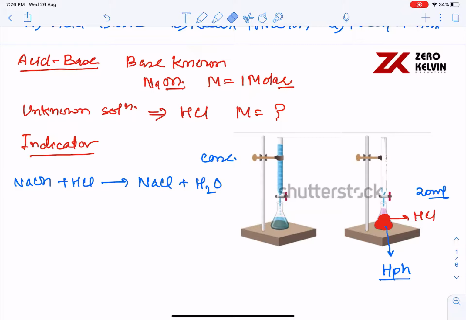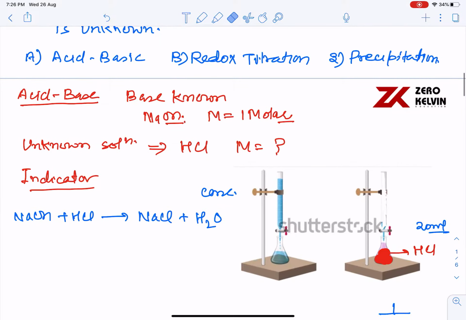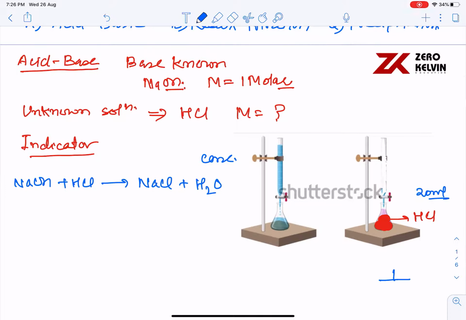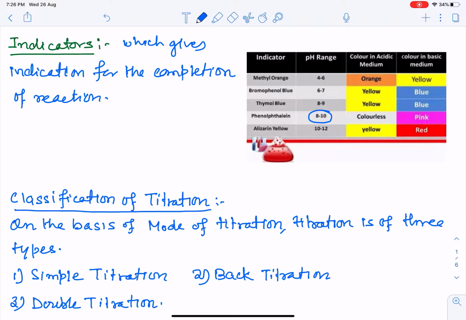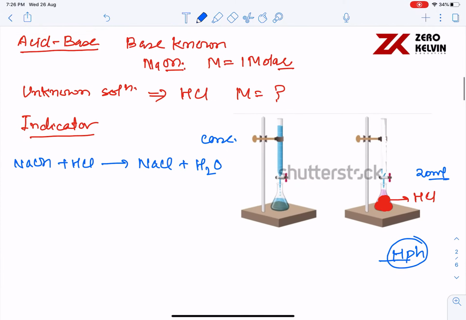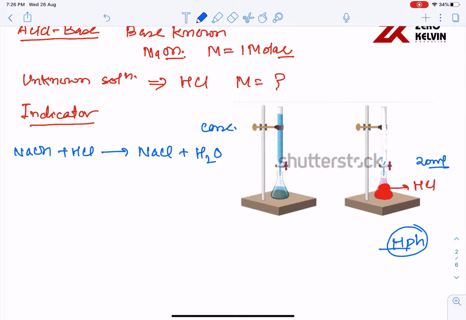When we have added phenolphthalein over here, at that time the color of the solution is colorless. Why? Because below pH 8 it will be colorless, right? So acidic solution HCl means the pH is less than 8, so the solution will be colorless. If I am adding NaOH, slowly this acidic condition is being neutralized by NaOH, and the solution becomes less acidic, and then it will come to the neutral condition.